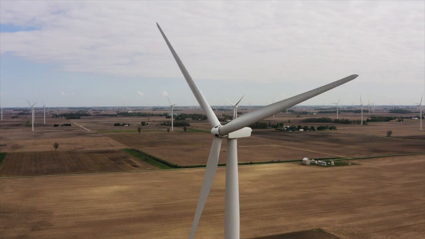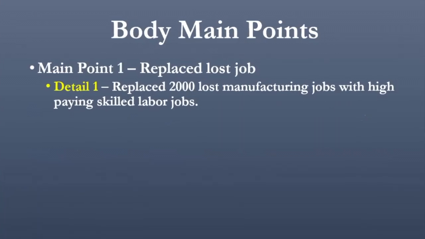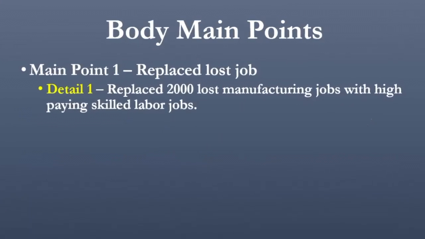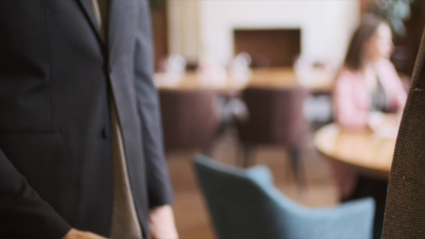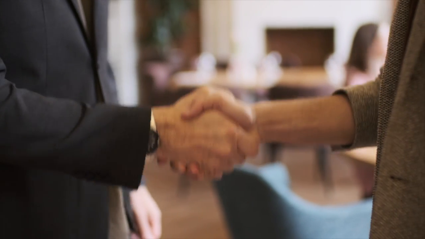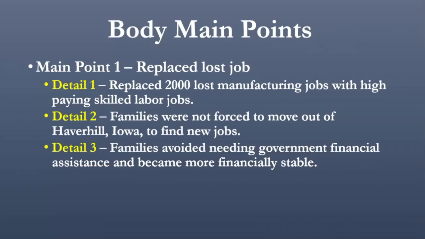So paragraph 1, the replaced lost jobs, right? That's our main point. So our details that help support this is that we know for a fact that it replaced over 2,000 jobs. Because of these jobs, the effect of having the jobs, the families could stay in their family homes. They didn't have to go find a new community. Their kids could stay in the same schools, all those nice things. The third one,